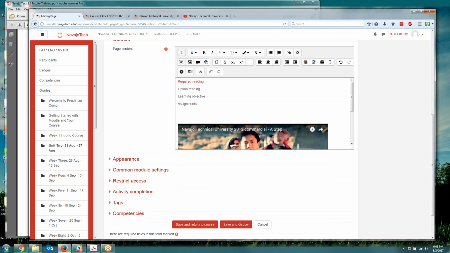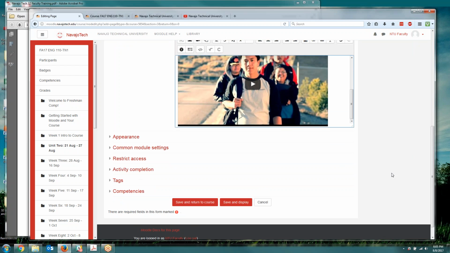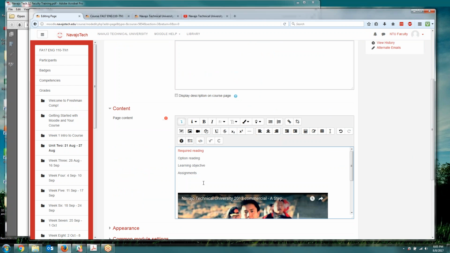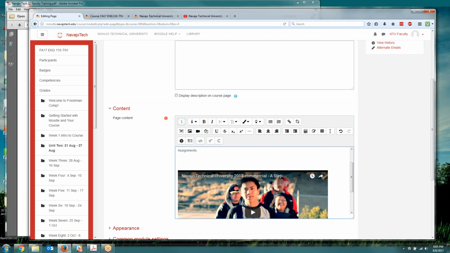So really simple and nice, because then you're not sending your students away from Moodle. They can stay right within the course and have a narrative and some educational objectives right there next to it for them to consider, rather than just send them a link outside of the site. If you have a really long narrative, like right now I just have a very basic list here and then my video,